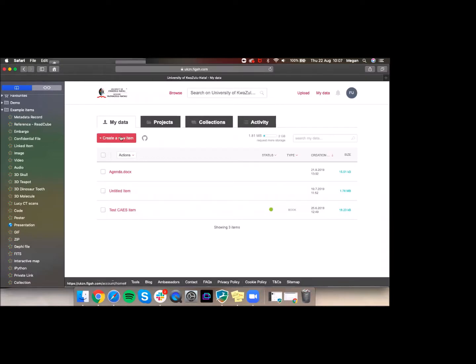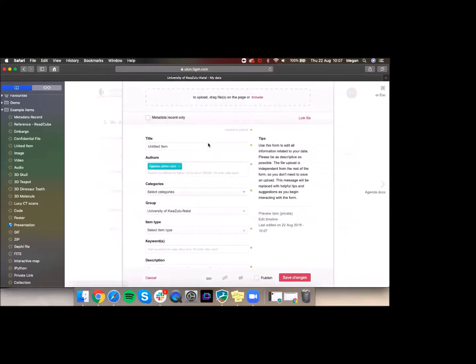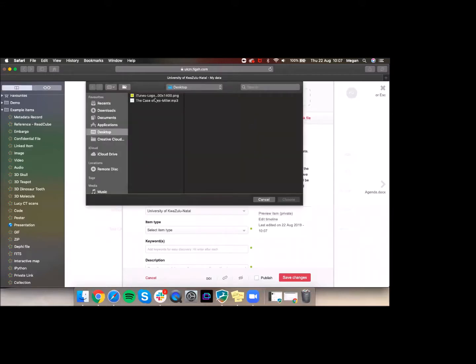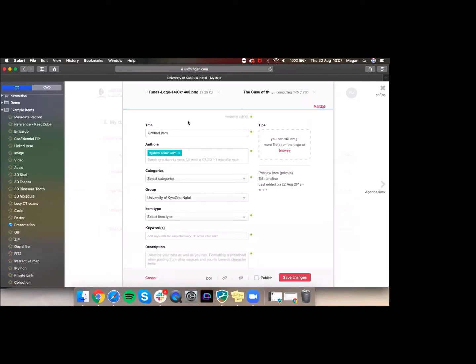Okay, so I'm just going to create a new item manually. I click create a new item and it pops up a metadata form and prompts me to either browse my computer for files or to drag and drop files into the browser. So you could have an item that has just one file, or you can have an item that has multiple files. So if I click Browse, and choose the files that I want to upload into this item,